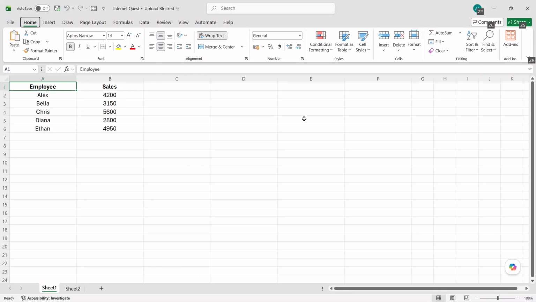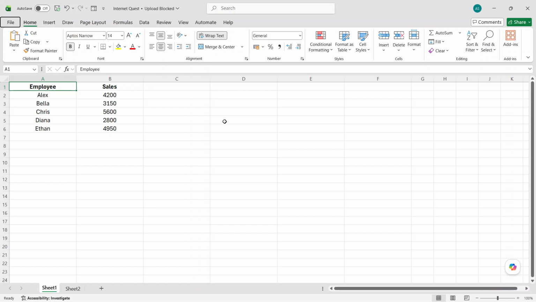In today's video, I'm going to teach you how to do sort high to low in Excel. We're going to walk through a simple way to organize your data in descending order, which means Excel will place the highest values at the top and the lowest values at the bottom. This is especially useful when you want to quickly identify top numbers, compare results, or make your spreadsheet easier to